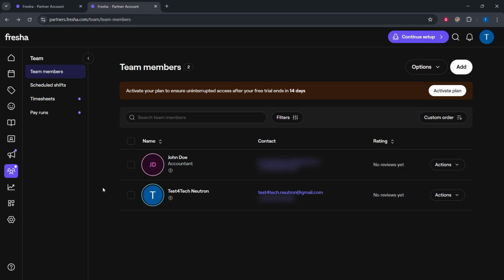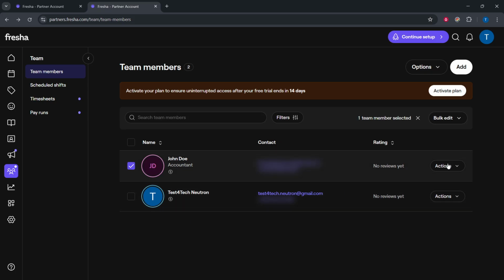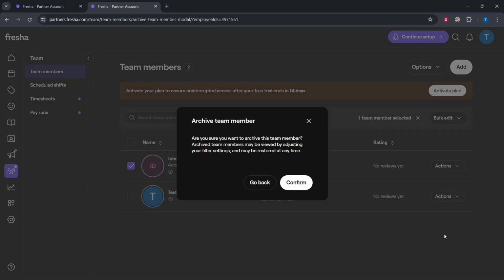Archiving immediately revokes the person's access and removes them from your schedule and calendar, ensuring they can't log in or be accidentally booked. Think of archiving as a safe, reversible pause that protects your business operations while you finalize your records. It's particularly useful if you need time to review recent bookings or payouts tied to that team member without